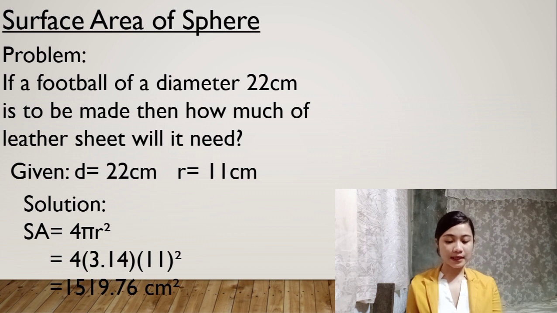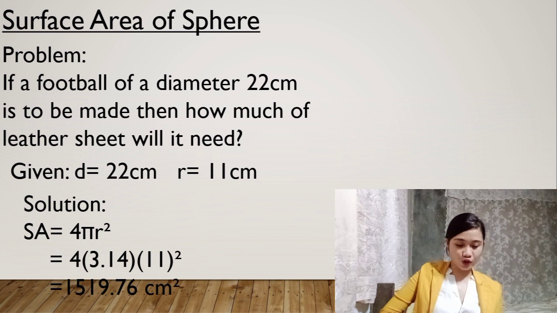So step 1, find the radius and height, okay? And then step 2, substitute and multiply, and then we are going to add, and then the last is we have to write the units in order for us to have a correct answer. Okay. I hope we are clear, and I hope you guys can learn from my lesson for today's